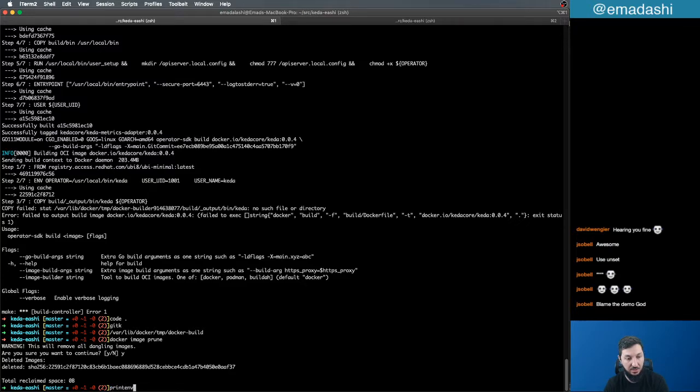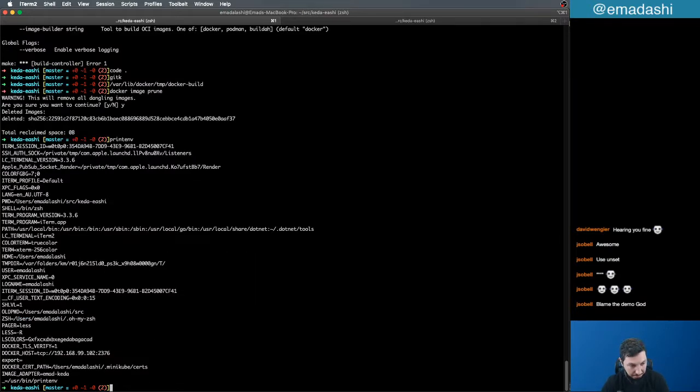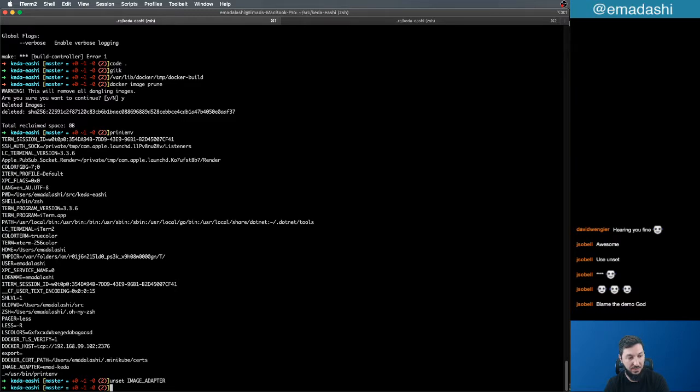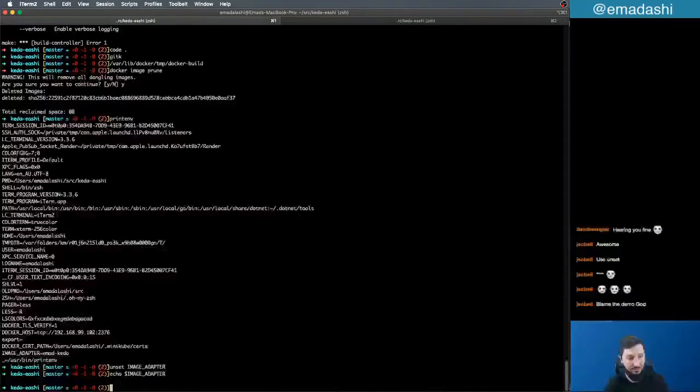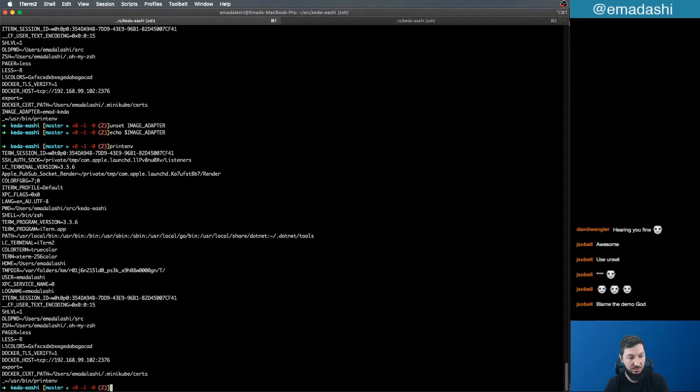Print environment variables. Huh? I thought we unset image adapter. Again, unset image adapter. Echo image adapter. Print environment variables. There's no image adapter. Now